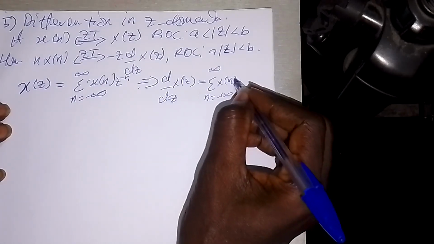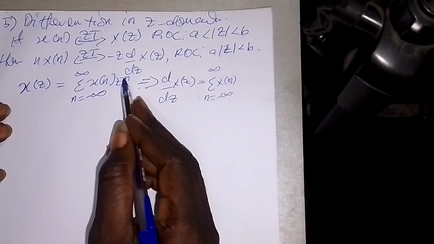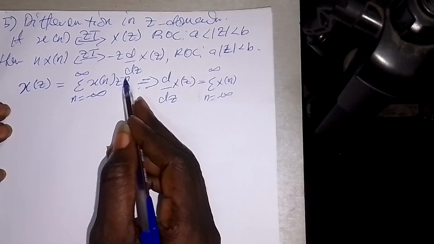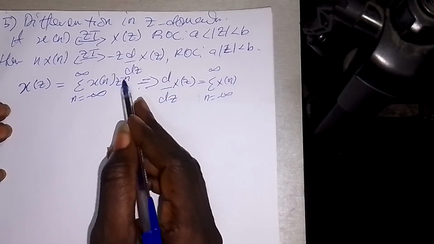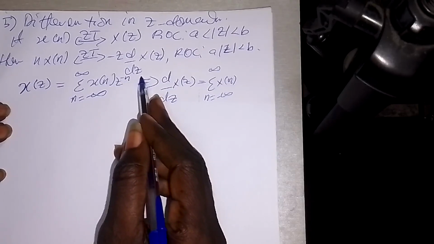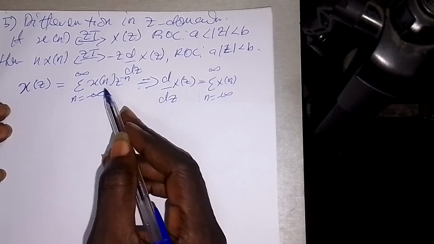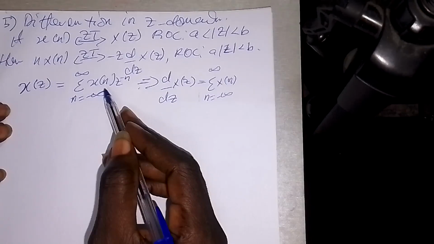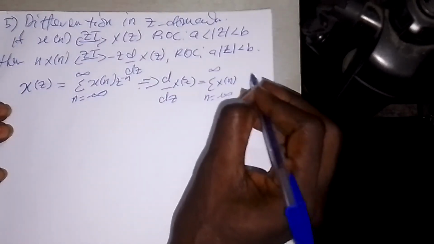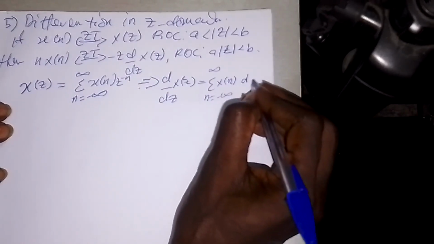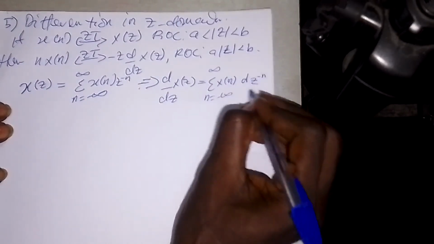To differentiate this, you know that it's minus n, into z to the minus n minus 1, and the minus n will come here. That is how the differentiation will be, or I can say that d of z to the minus n over